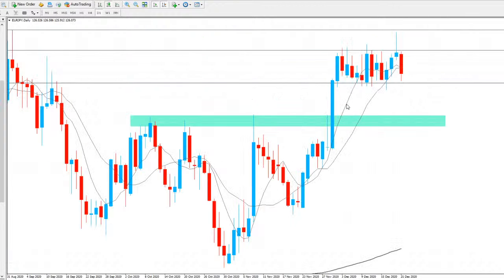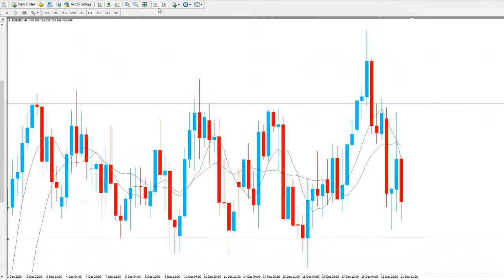Euro/JPY on the daily chart. As you can see, previous resistance all across here. We kind of broke to the upside, didn't get a retest of this area. So if we break to the downside below that level there, I do believe we potentially could be coming to this area here at least, potentially even further maybe. But again, I do expect Euro/JPY to come to around the 125 level for us if we do break out through that range.